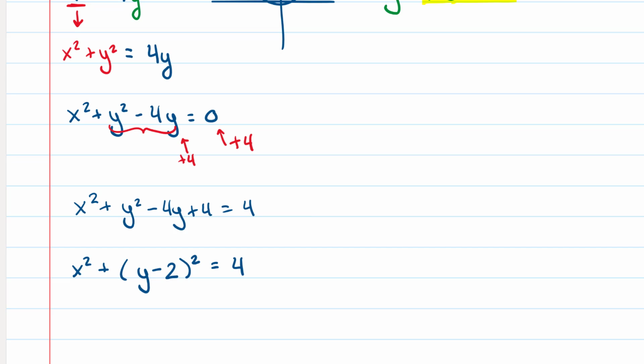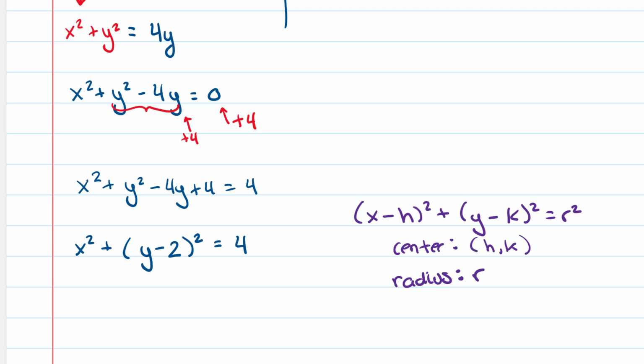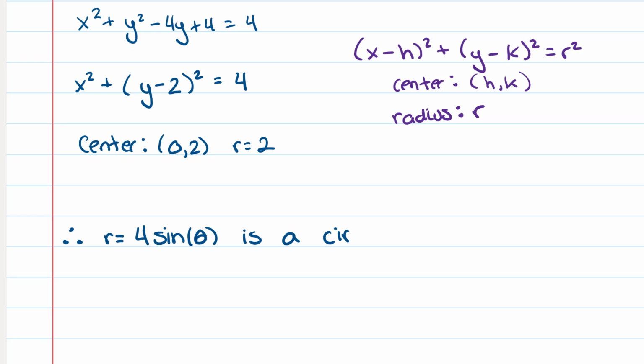Well, in order to find a center of a circle, we have to remember our original equation, which is (x minus h) squared plus (y minus k) squared equals r squared. And our center of a circle is h comma k, and our radius is just r. So here, I get the center of this circle is going to be 0, 2, and I get r is equal to 2. So then we have to write a little sentence with what shape and where it is. So r equals 4 sine of theta is a circle with radius 2, and centered at the point 0,